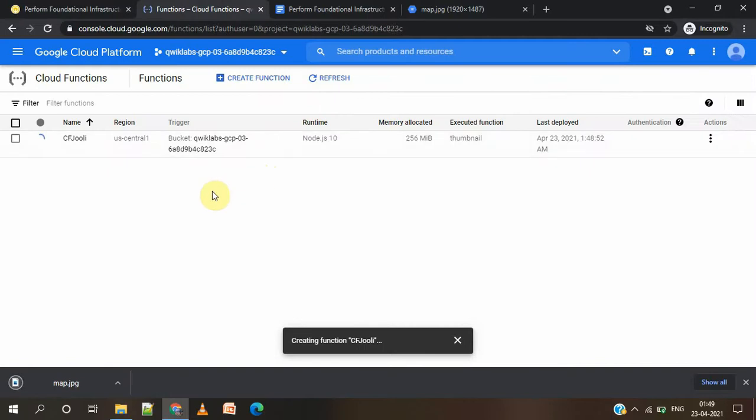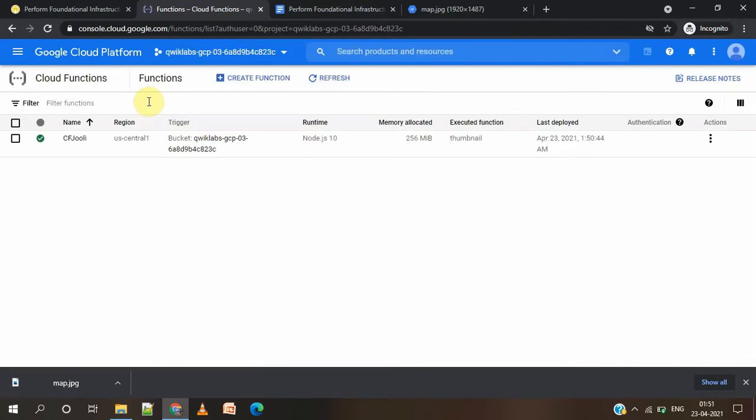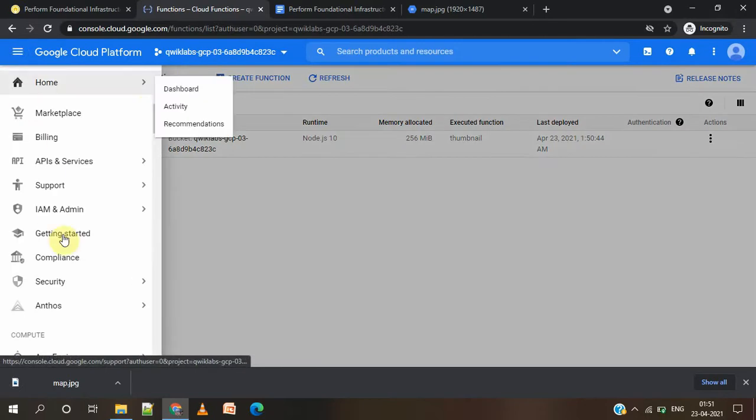Okay, now we have to upload that file to our bucket after the function is created. Click on the refresh button, check whether it is completed or not. Okay, it's completed. So now we have to move to Cloud Storage.